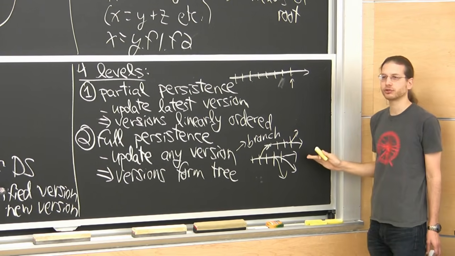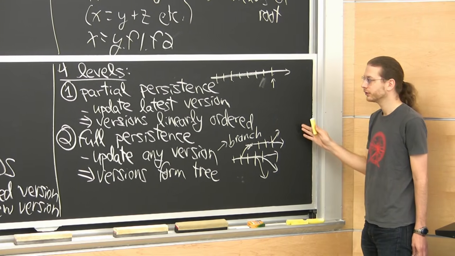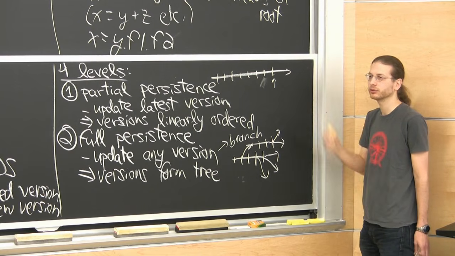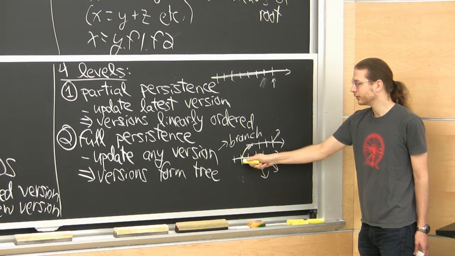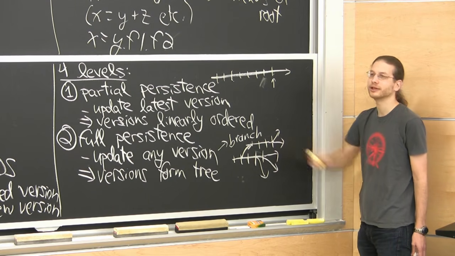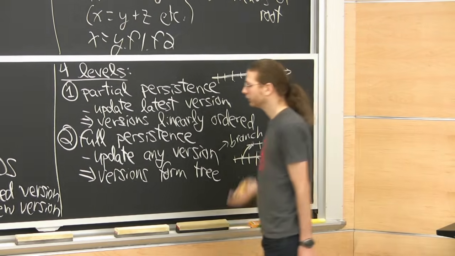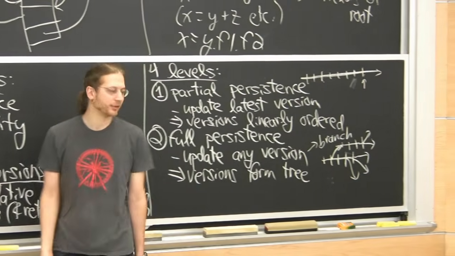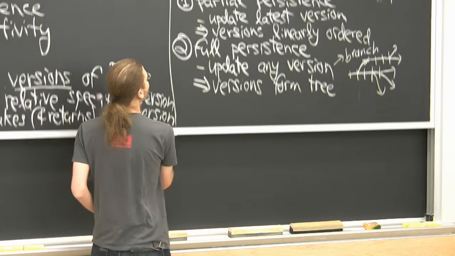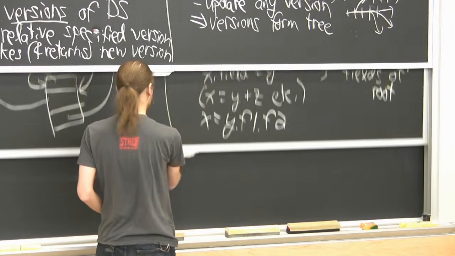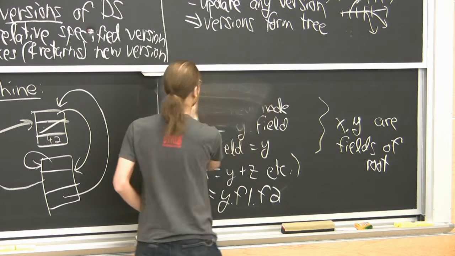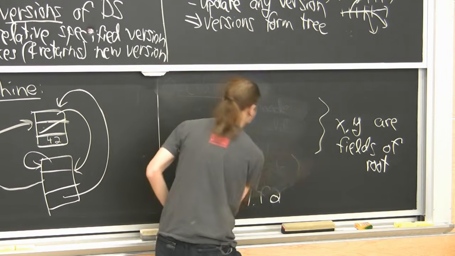So no version ever gets destroyed here. Again, you can query all versions, but now you can also update any version, but you just make a new version. It's a totally new world. When I update this version, it doesn't know about this future. It's created its own future. And there's no way to merge those universes together. It's kind of sad. That's why we have the third level of persistence, which lets us merge timelines. It's great for lots of fiction out there.